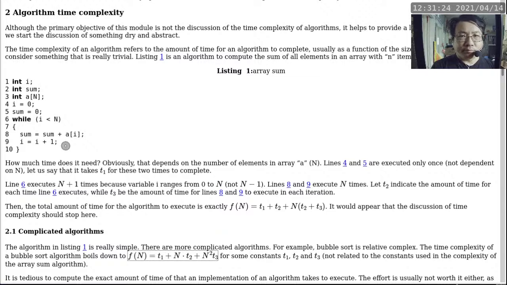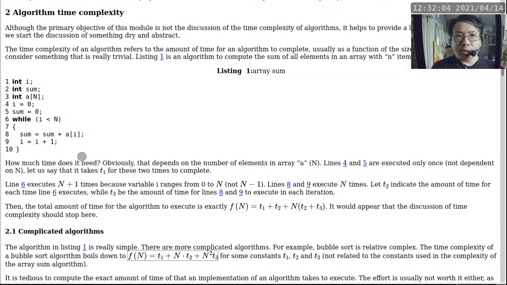So when you combine the entire thing, then the equation looks like f of n. If f of n represents the exact amount of time for this algorithm to take when n is a certain number, then we have t1 plus t2 plus n, which is this n here, the parameter, times t2 plus t3. If you want to know what all of these different t's are referring to, they are described in the previous two paragraphs. So in paragraph 1 here, the first paragraph,